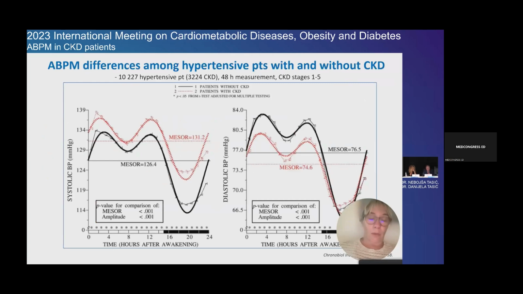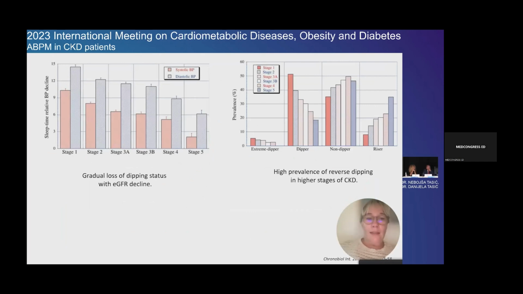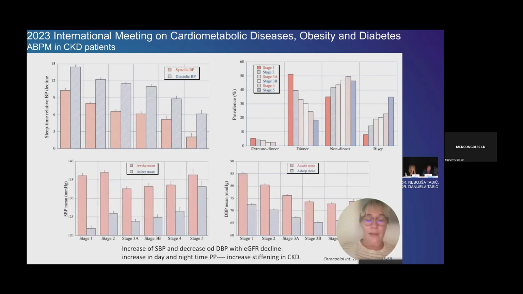This is the cohort from the meta studies, but nevertheless, we cannot ignore the fair amount of CKD patients from various CKD stages, and there is a clear difference in systolic blood pressure readings between those with CKD and those without CKD, as well as a nice example of non-dipping during the night among CKD patients. In this meta cohort, 90% of hypertensive CKD patients had uncontrolled nocturnal hypertension. It is also seen that as CKD progresses, the systolic and diastolic blood pressure fall, that is the day-night difference is decreasing, as well as the increasing rises in advanced CKD. And the progression of systolic blood pressure and downfall of diastolic blood pressure